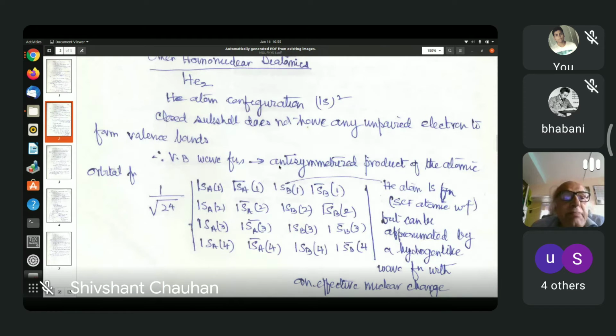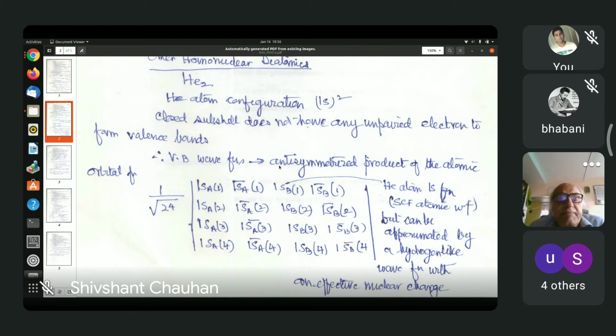These are actually spin orbital wave functions. So one SA1, one SA bar 1, and the other 2 electrons will be one SB1, one SB bar 1. And so this antisymmetrized product will now be a determinant of these 4 terms. This is without the ionic terms. See, pure valence bond wave function of the helium-2 molecule, where one SA1 and one SB1 are helium atom 1s wave functions.